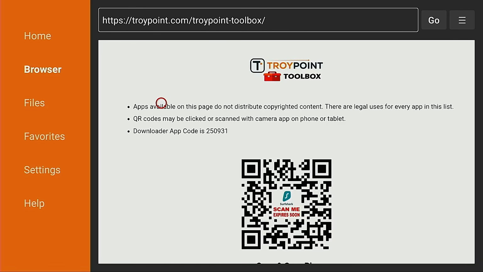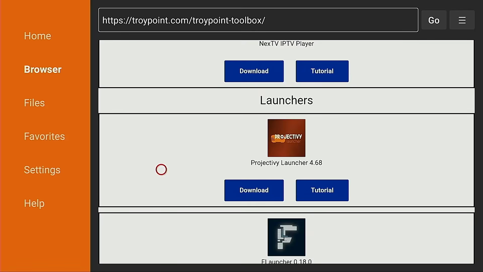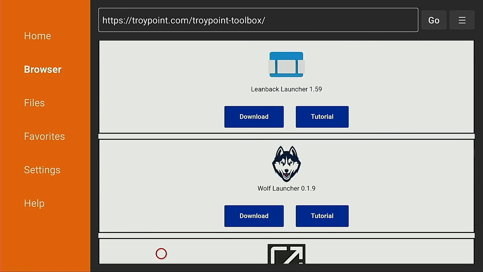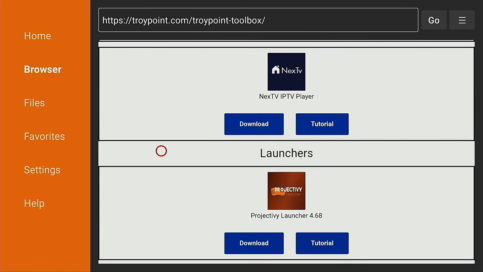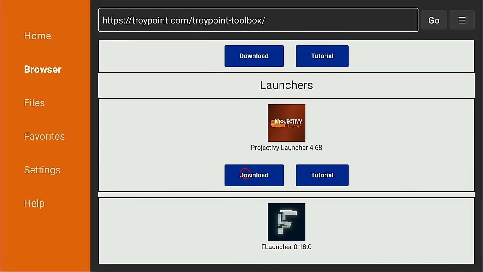There's 2 apps I'm going to install. Now, since this exploit allows us to install a third-party launcher, I'm going to choose one of these here. You can choose whichever one is your favorite launcher. For me, it's Project Ivy. This will take over the Amazon Fire TV user interface and provide you with an ability to customize that to your liking. Very powerful. So I'm going to hit download,